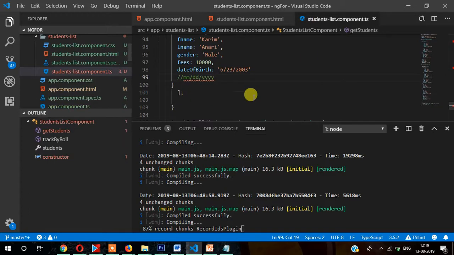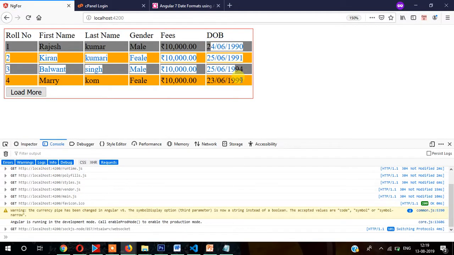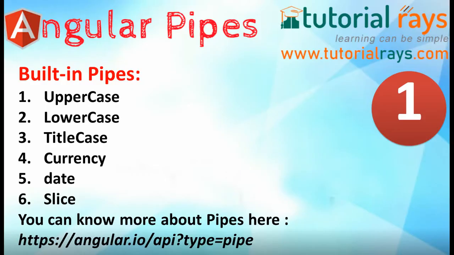As you can see, it is displaying 24/6, and the date format we had written here in the TS file is MM/DD/YY, but at runtime using the date pipe we have changed it to DD/MM/YY format. So that's it for the date, and in the next one we will also see another pipe,